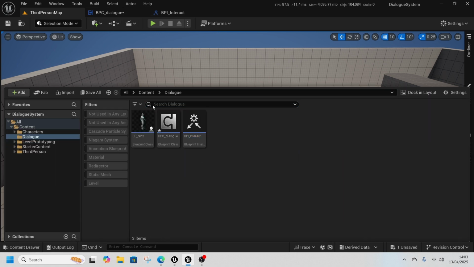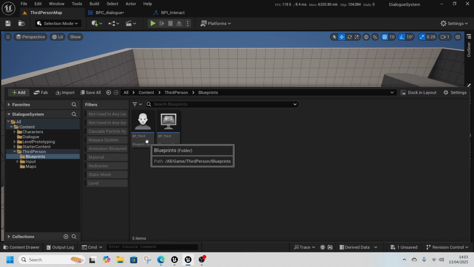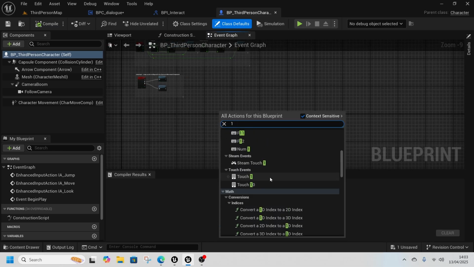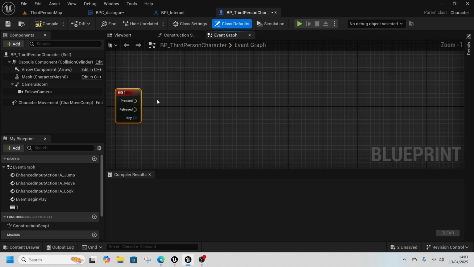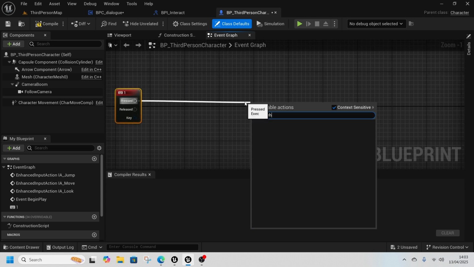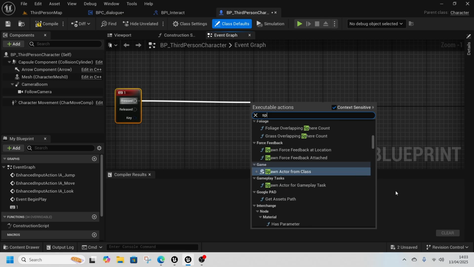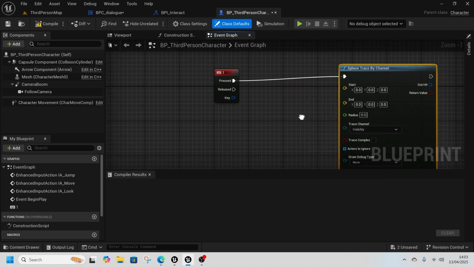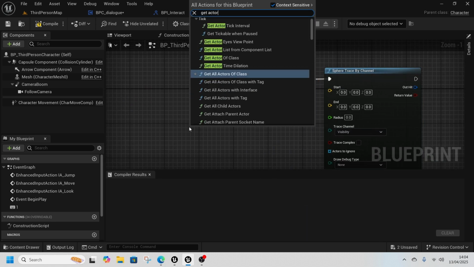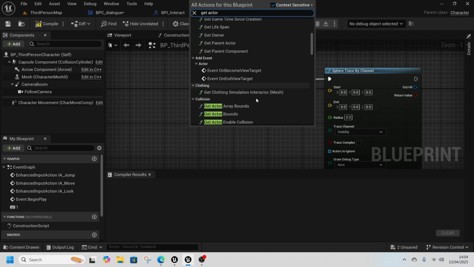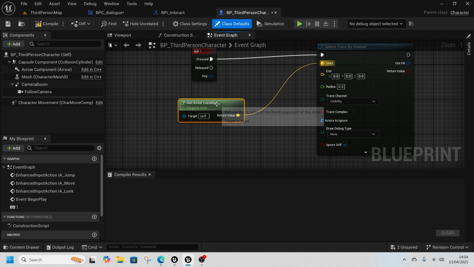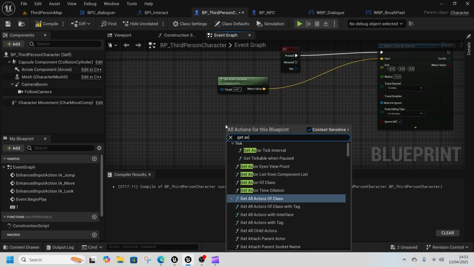And then in our third person character, we can get a button, so we can get press 1, and we can get a sphere trace by channel, so we can get actor location, and put that in start. So then we get actor rotation,